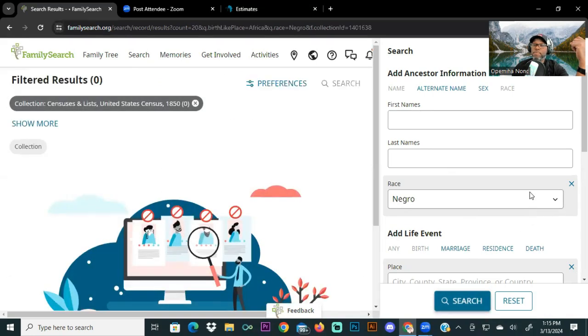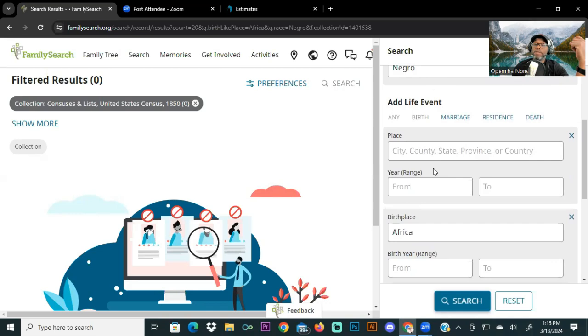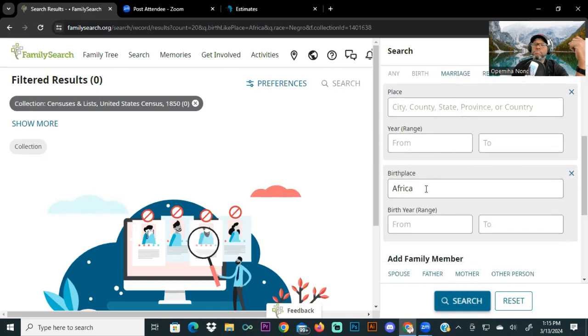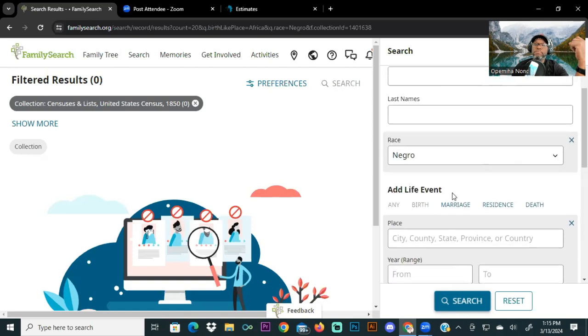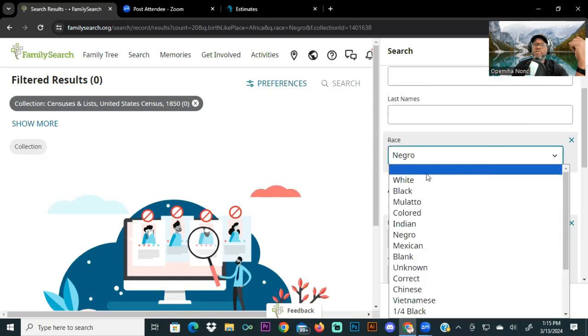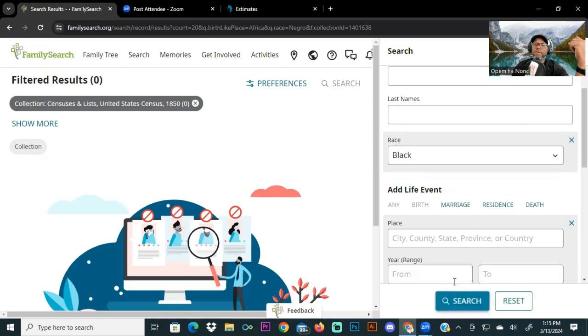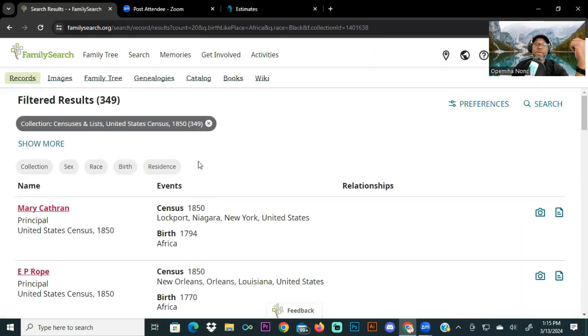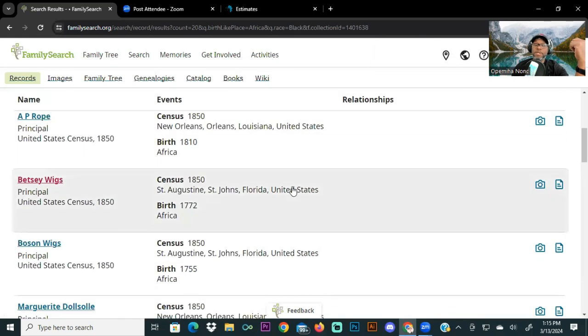Oh, imagine that. We don't have any Negroes born in Africa. That's strange. So let's go back to black and search it. Oh, look at that. All of our people come back. So again,